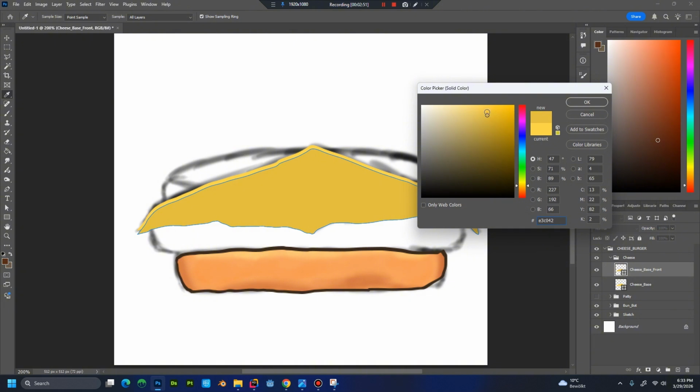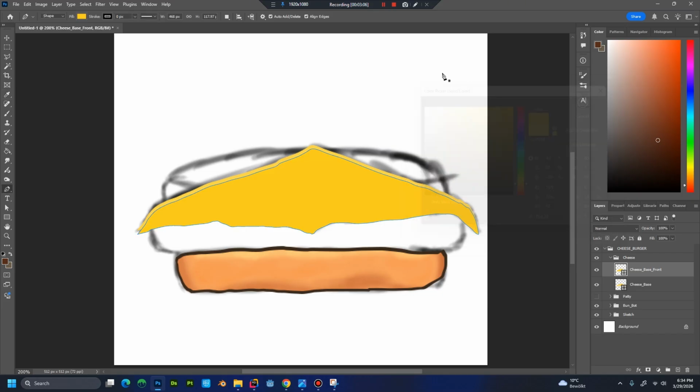Generally, maybe this. Okay, that's the current color. If you do this, yeah, let's maybe try with this. Okay, try with this base for the front part. Okay, now what I'm going to do is